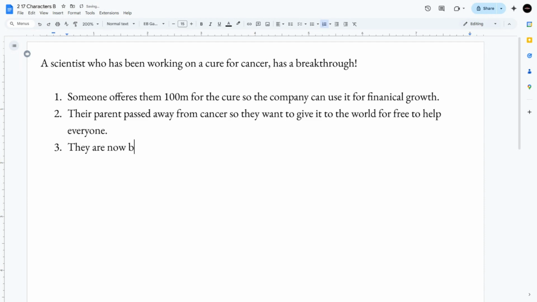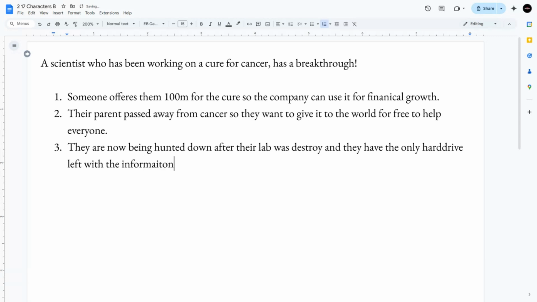they are now being hunted down after their lab was destroyed, and they have the only hard drive left with the information to cure cancer, right? Okay. So now they're on the run, they're on the lam, they're being chased. So like these are different things I could think of to put them in scenarios, right? But more importantly,